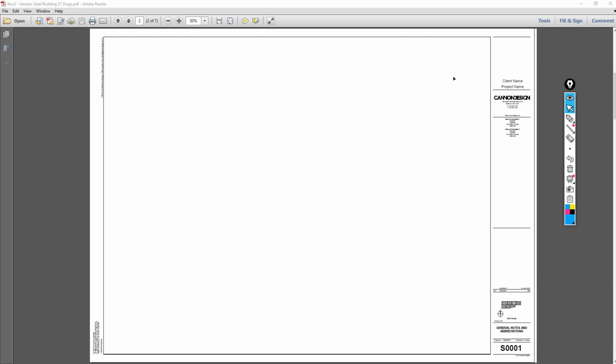The first page typically will be the general notes page. And this is where the structural engineer provides guidance to the general contractor regarding what type of structural materials to acquire and how to put the building together. So typically one of the first sections you will see is regarding the foundation. And here the structural engineer will provide information such as the soil bearing pressure,